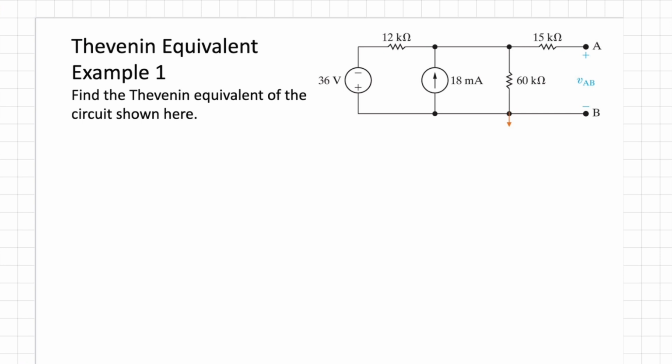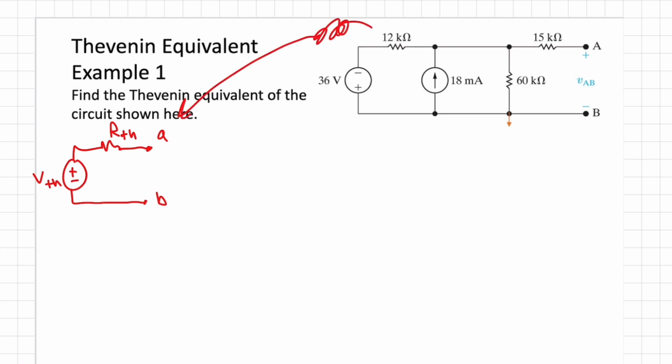In this video, we're going to take a look at Thevenin equivalent circuits. A Thevenin equivalent circuit has a voltage source, VThev, and then a resistor, RThev, in series with it, and then two terminals, A and B. So we're trying to represent this big circuit as this over here. Pretty cool stuff. So the first thing we want to do is find VThev, which is equivalent to the open